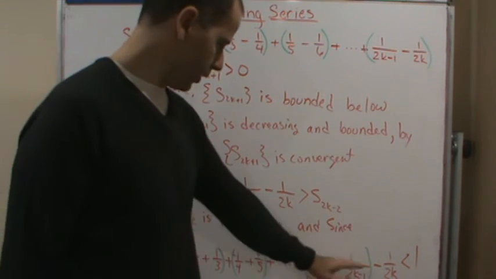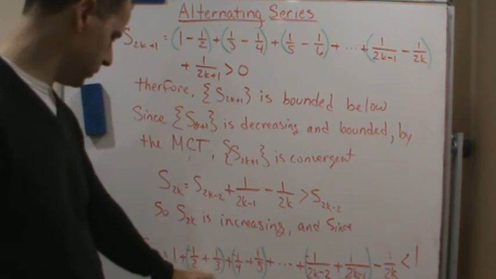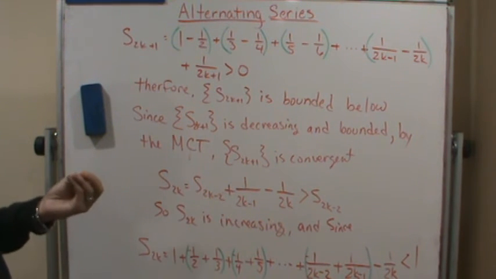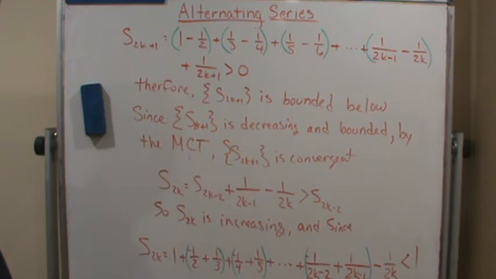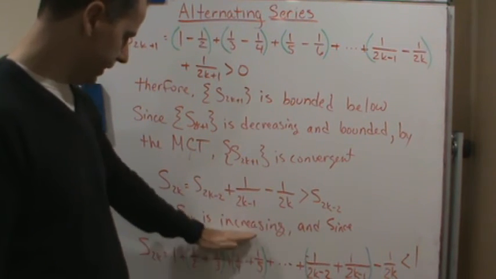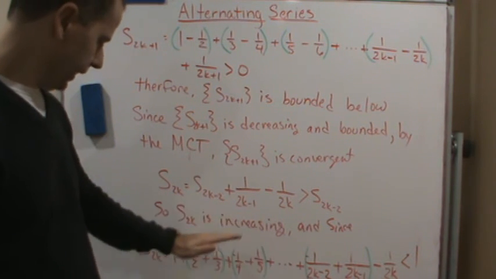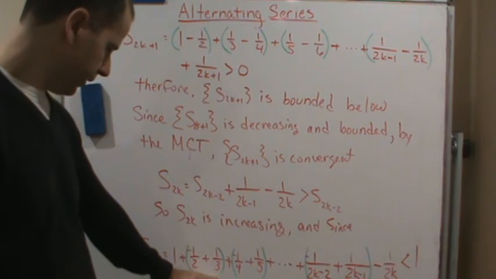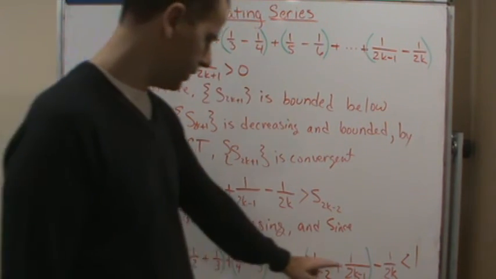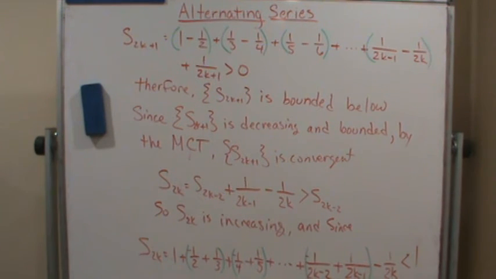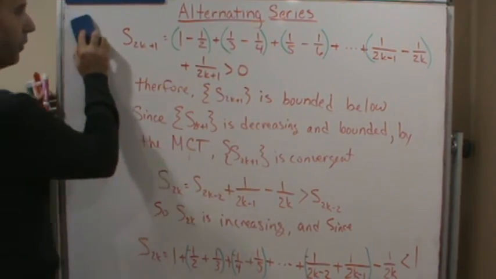And the rest of the terms is negative, but the difference between these groups is getting smaller and smaller and smaller. So I'm subtracting off a smaller and smaller piece, but nonetheless, this is an increasing sequence of partial sums, and the partial sums I know are less than 1. Okay, so again, by the monotone convergence theorem,